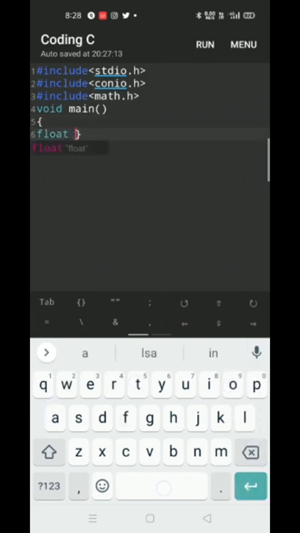We take the float data type to represent the identifiers, and we need the int data type to select the appropriate case.